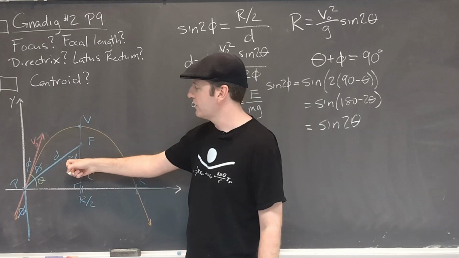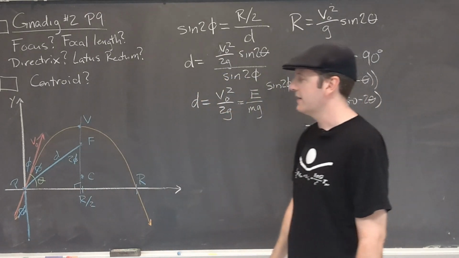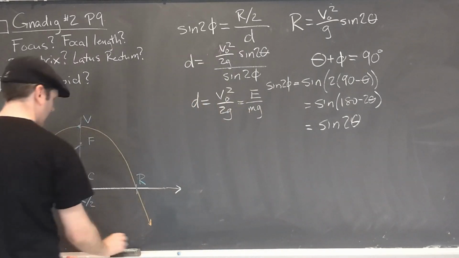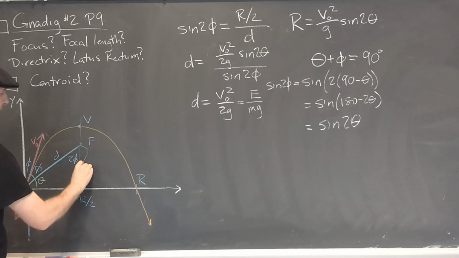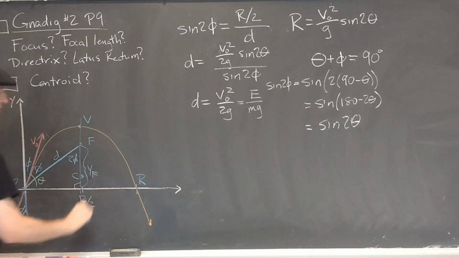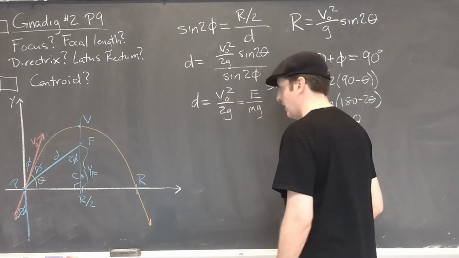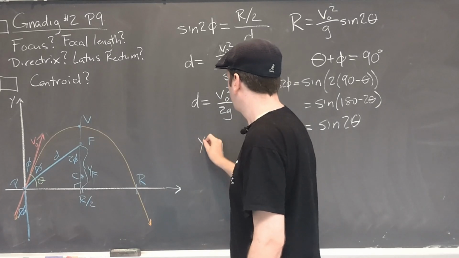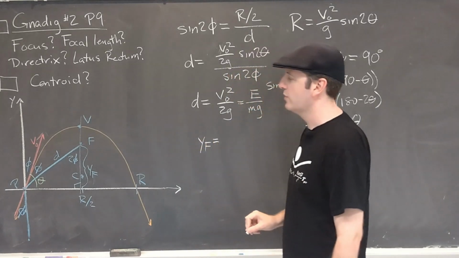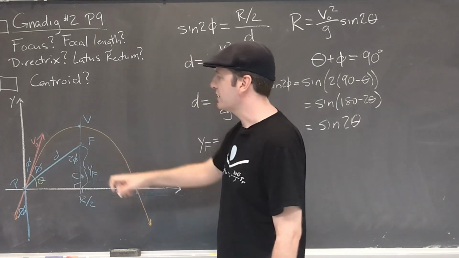Now that I know how I can relate this 2 phi to that distance d, maybe I'll call this distance yf, the y coordinate of the focus. We can see from this diagram that the height of the focus is going to be d, which we've already determined, times the cosine